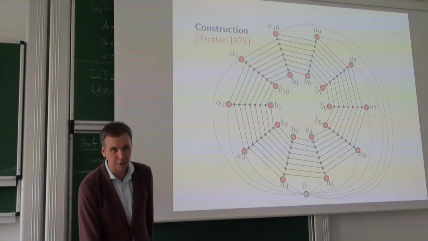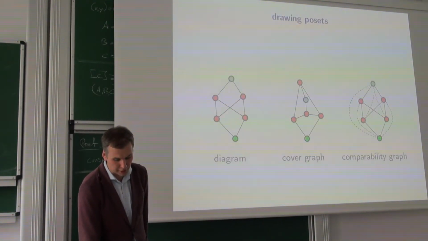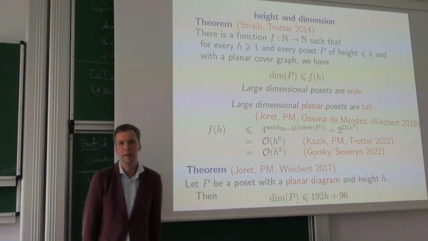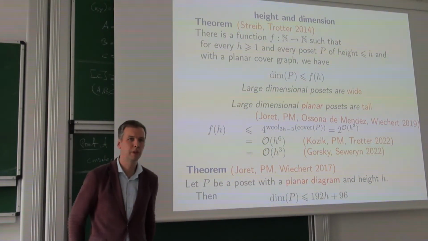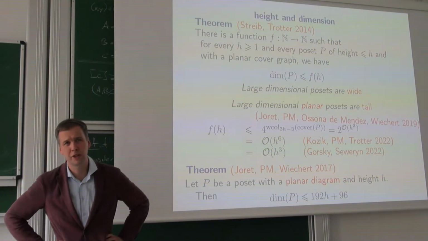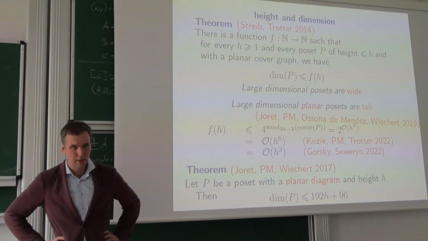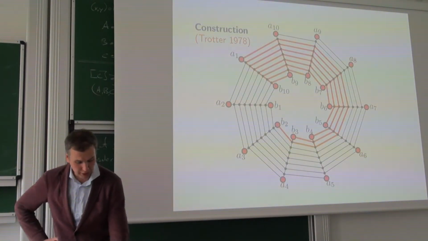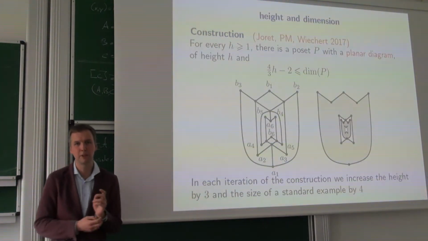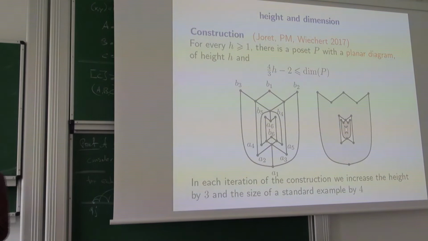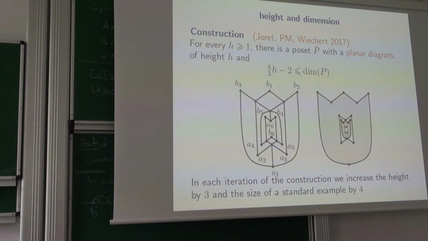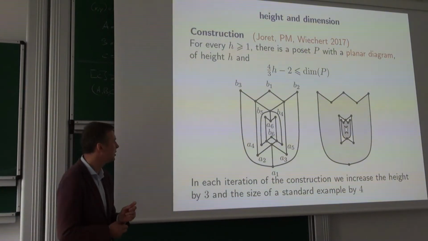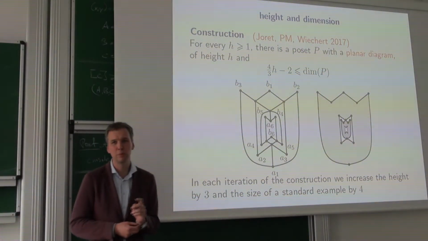And then in the planar diagram situation we have a linear upper bound. Kelly gives you a lower bound for height, which is something like h minus 1, h plus 1, something like this. So it would be here only about the multiplicative factor. Speaking of multiplicative factors, it was a bit of a surprise to us to see that it's not 1, which would be a first guess. We can get dimension to grow like 4/3 of h, and this is how we do it in a planar diagram situation. So, in a more restricted situation,